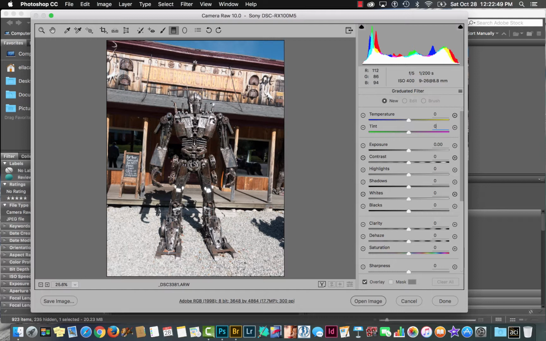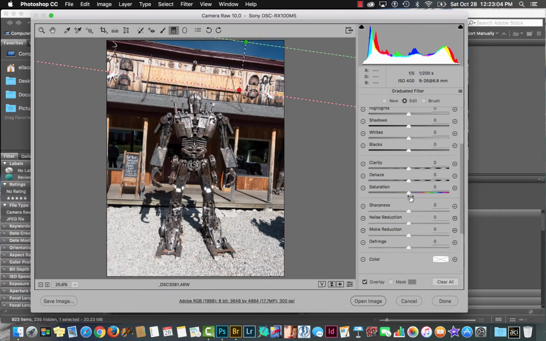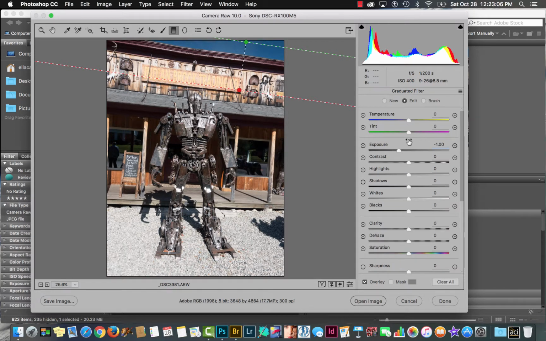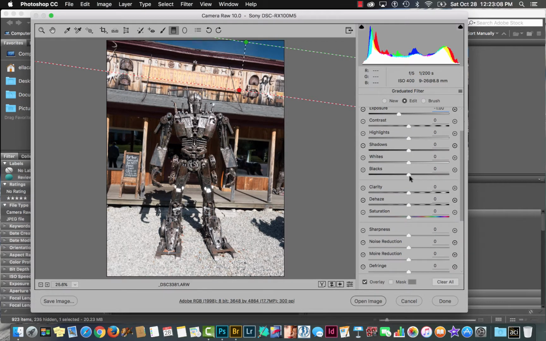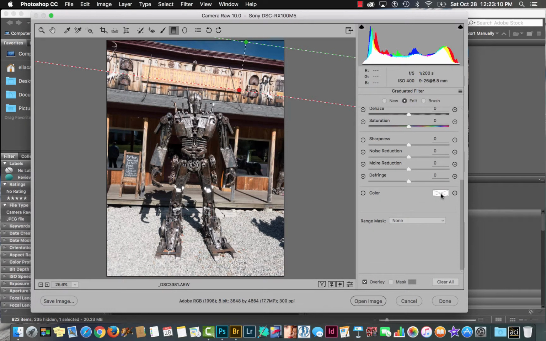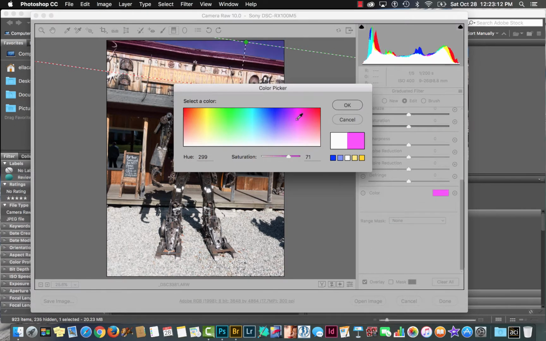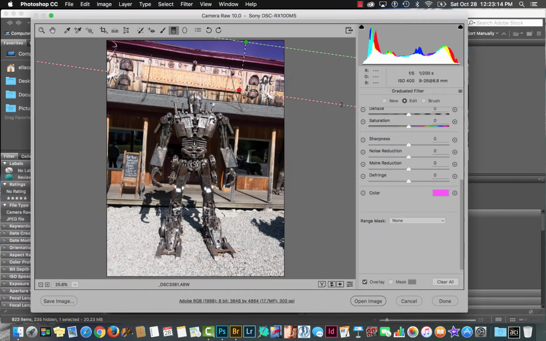Okay, so I want to change the color of the sky. I can come over here and I can use the gradient tool to run a gradient right down like that. The thing is, when I change the exposure, you see it changes everything there. I can come in here and I can pick a color. You saw me unpick the color just a minute ago. But you see the effect of that mask over there, but it's affecting this strip here as well as some